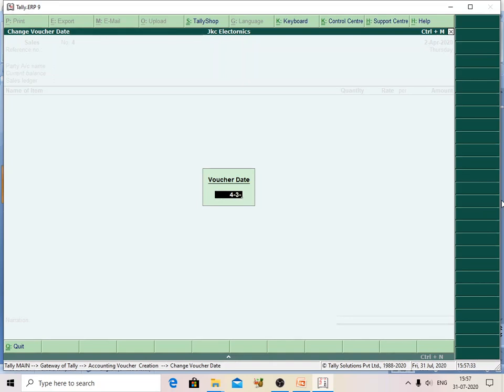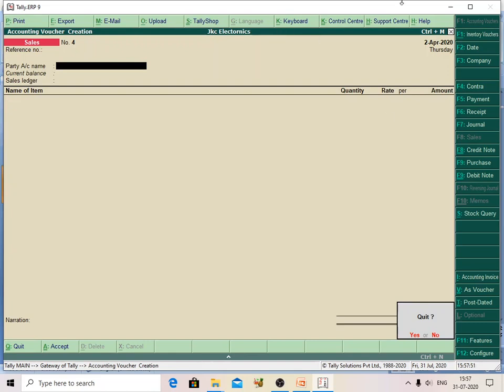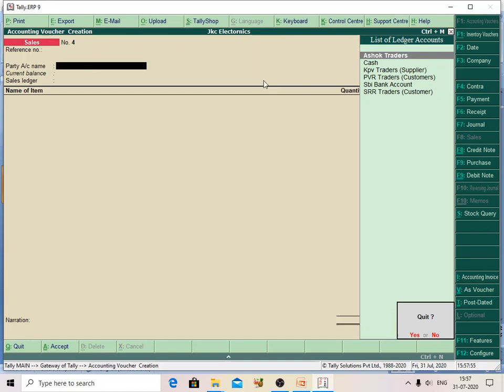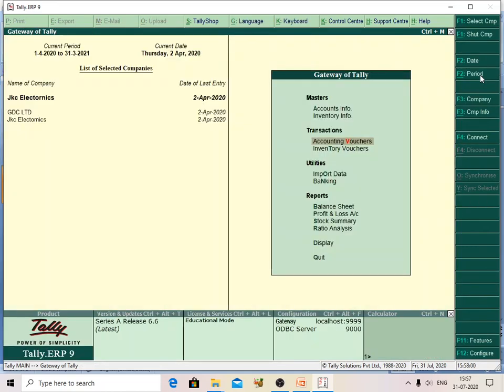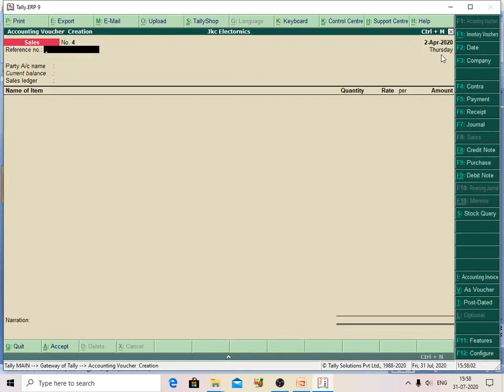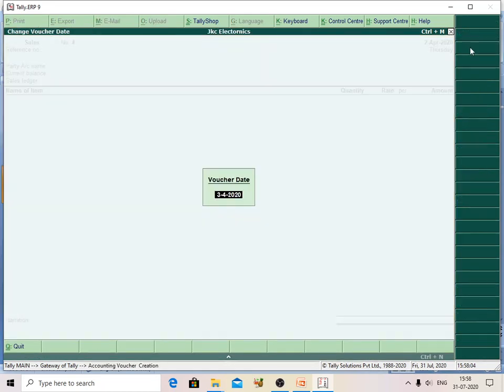It is not taking. Date cannot be below the financial year 1st April. My date is 3/4, right? Why is it not taking here? I need to change. Wait. I will change the period. Okay. Period is okay. And the sales.